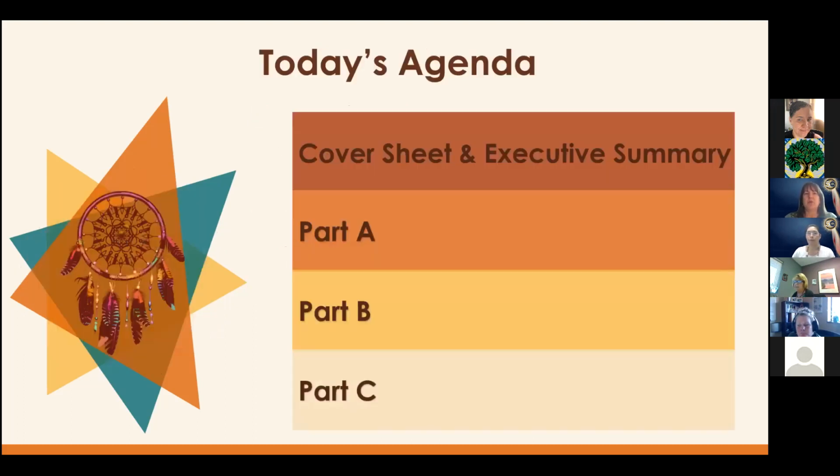So here is an overview of our topics for today. It probably looks pretty familiar. We're going to cover all parts of your annual performance reporting forms, including the cover sheet and the executive summary. We'll get into detail around Part A, talk about Part B, and then we hope everyone will be able to stay on to the end, because we do have a new tool to support your reporting in Section C as well. So we have a number of documents that we're going to be sharing along the way.